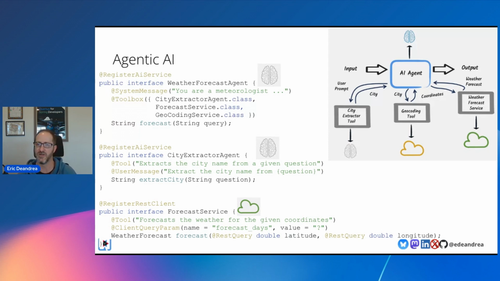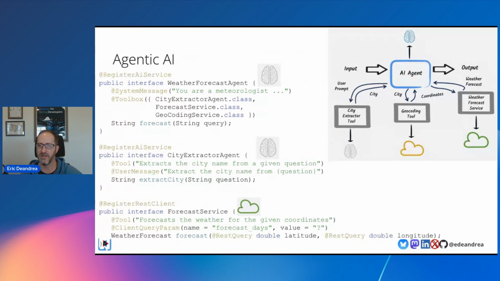You can essentially assign tools to your different agents or assistants or models, so they become functions that can be invoked by the agent. In this case, this is a weather forecast agent, a meteorologist, but it has access to extracting a city name from a question, or geocoding a city name. And then there's a weather forecast service, which knows how to fetch the weather given latitude and longitude.